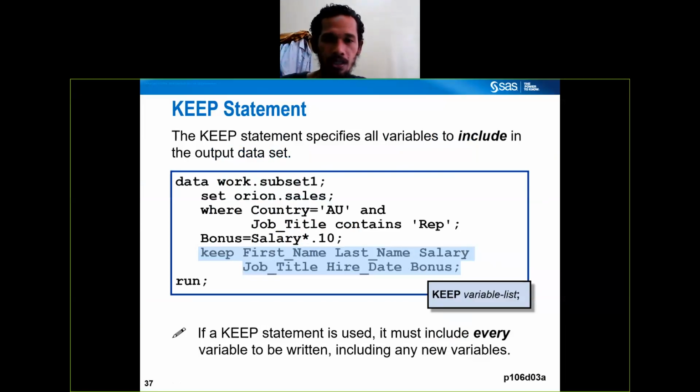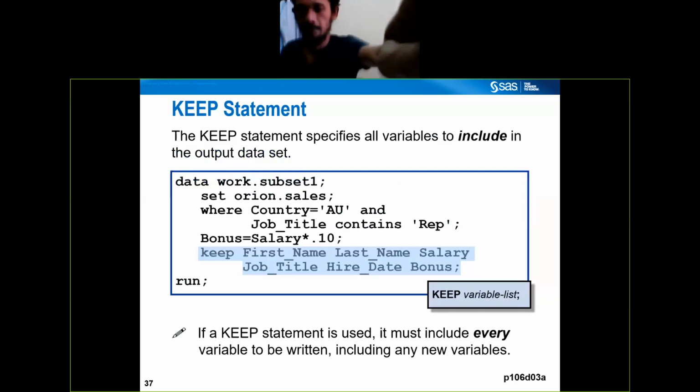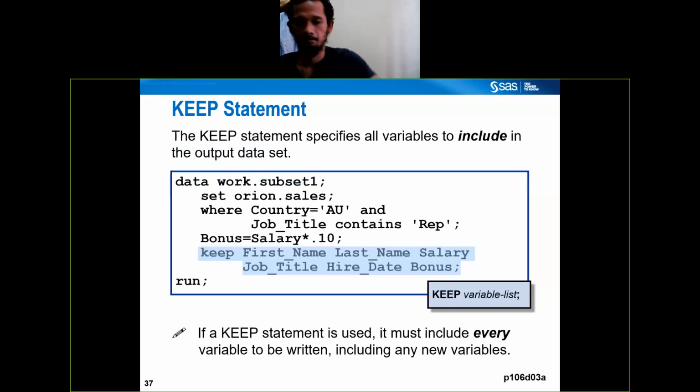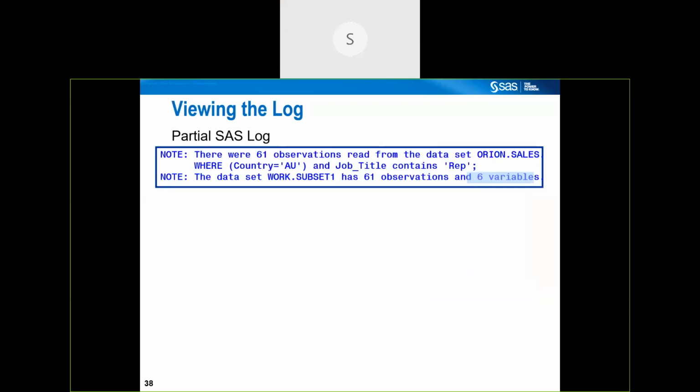Okay, so ada soalan lagi yang lain? Soalan lain ada lagi kah? Tak ada sir, okay. Okay, so kita proceed dengan